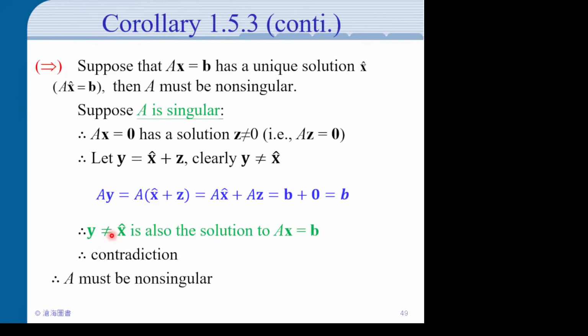Okay, then the other direction is a little funny. So we want to say if AX equal to B has a unique solution, then A must be non-singular. We kind of want to do the contrapositive, but written in a funny way. So I'll just say we are proving the contrapositive. If A is singular, then we want to say AX equal to B has more than one solution. Okay. And so how does this go? So A is singular,